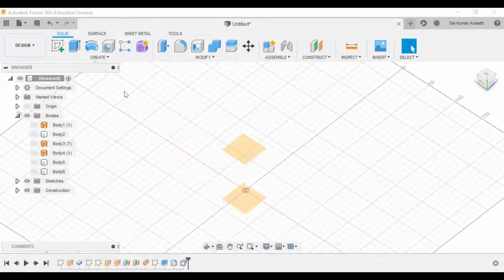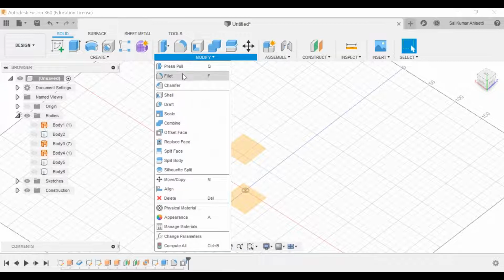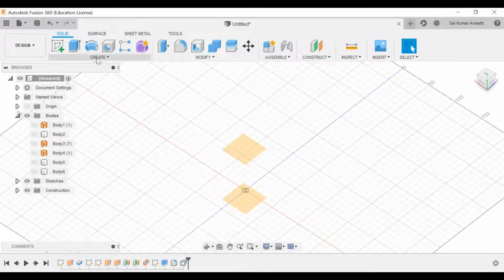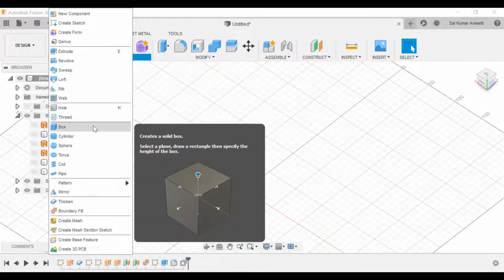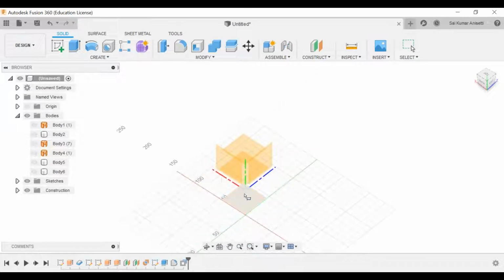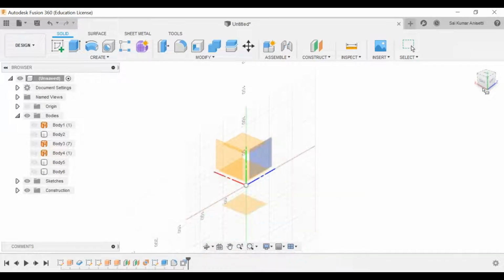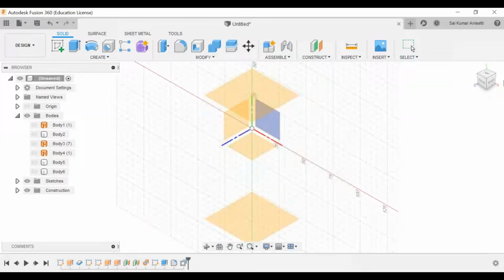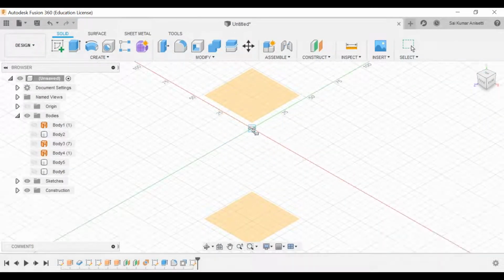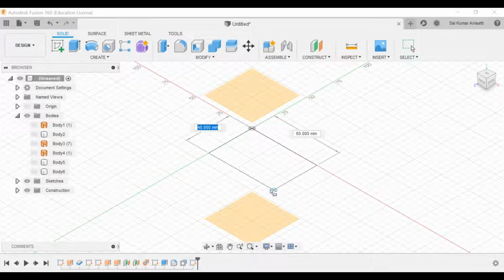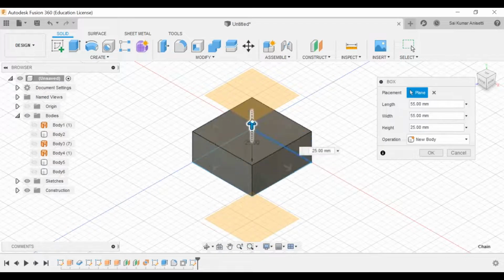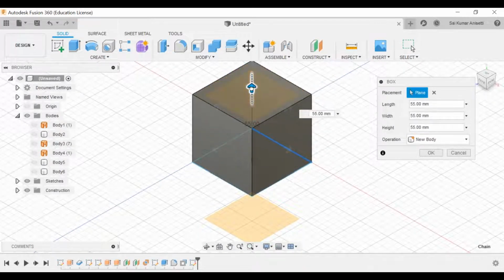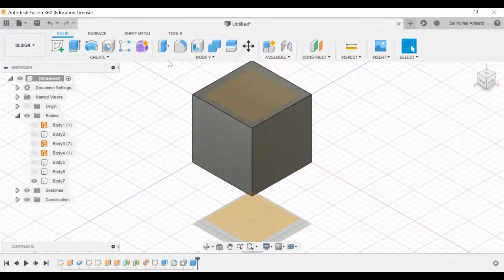And let us hide this. Next we have chamfer, fillet and shell. I'll be explaining all these three in one single go. So we'll just create a simple box. If you are lost in the 3D sketch, click this home button, click the center plane, and go with 55 by 55 by 55. We'll go with the cube, 55 mm as the side dimension.